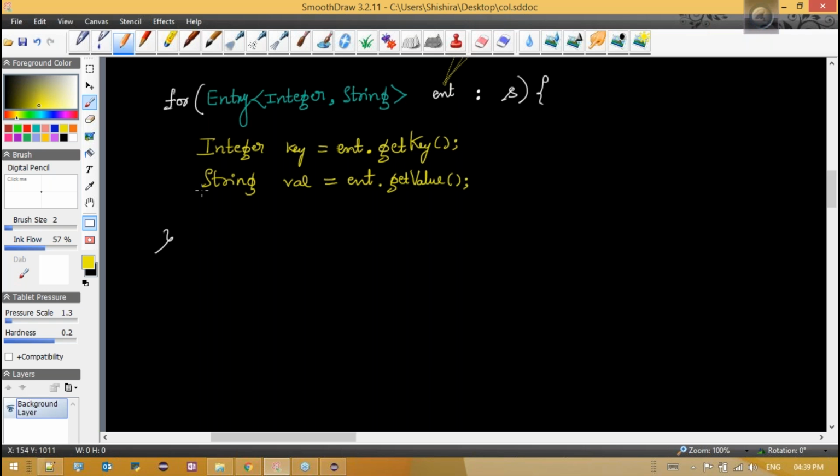Get value. Okay, then you can print it, System.out.println. You can print the key and value: key plus, give some space, plus value. So now if you wish to get both key as well as value, you should use a method called entry